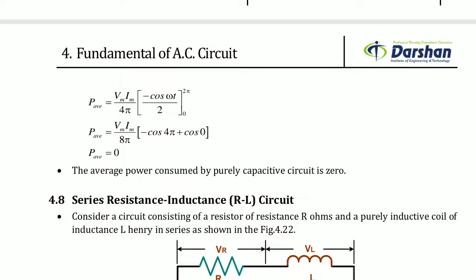The average power consumed by the pure capacitor is 0, that means it does not consume power. So finally